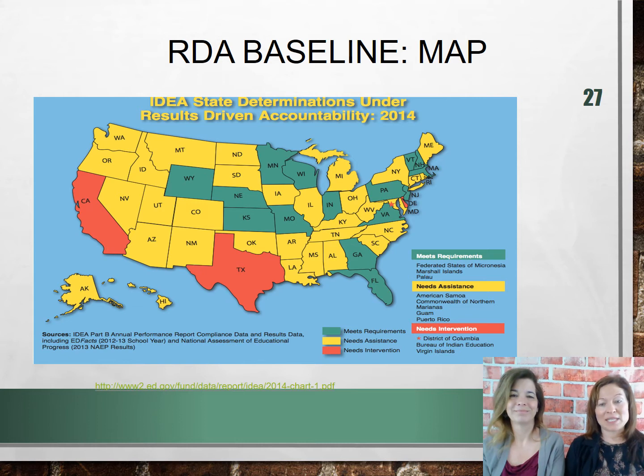However, some states are hitting those 3 and 4 years in a row of red. They've added a new color, right? Yeah, they added gold. Gold doesn't mean good in this case. Gold needs intervention for 2 or more consecutive years. Which will result in those states having to enter a compliance plan with the federal government, and ultimately, if they don't meet all the requirements in that compliance plan over a few years, they will have a portion of their federal funding withheld.